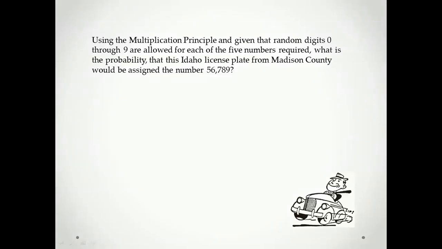All right, so let's look at your guided practice for 7A, and I'm just looking at the last question that you had on here. So this is the one where I saw the most confusion, I think. And this question is asking you to use the multiplication principle. And we're given that there are random digits 0 through 9 allowed for each of the 5 numbers required on our license plate. And we're looking at what's the probability that we would end up with this license plate number,